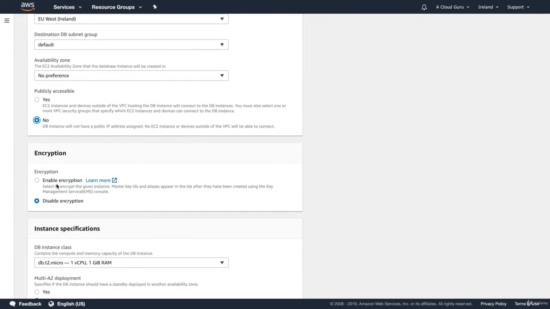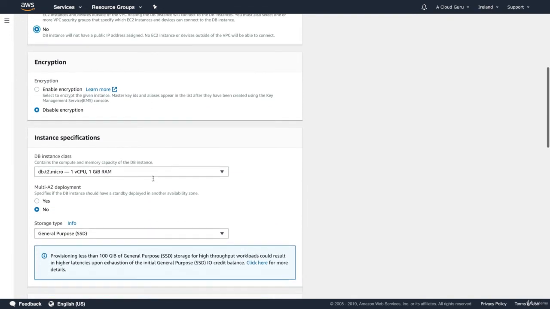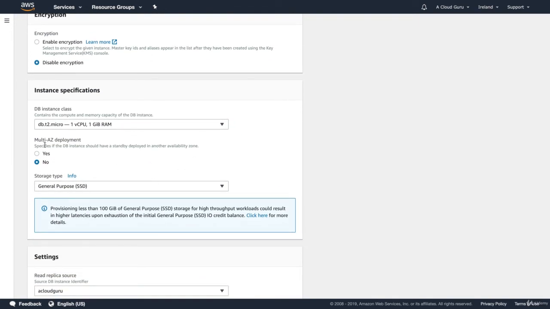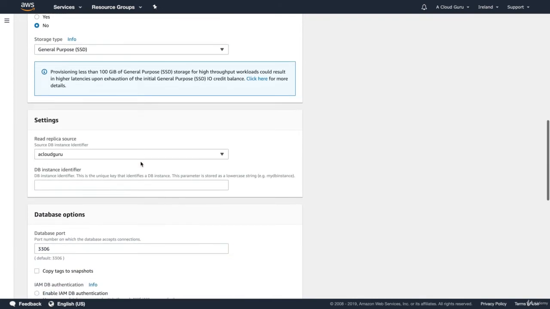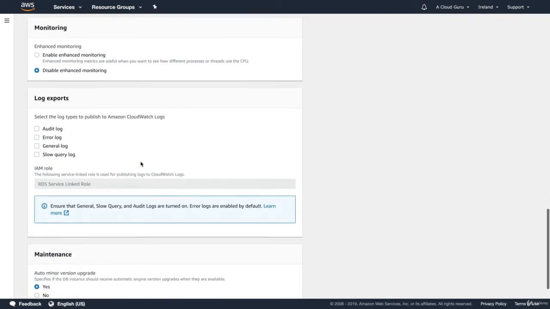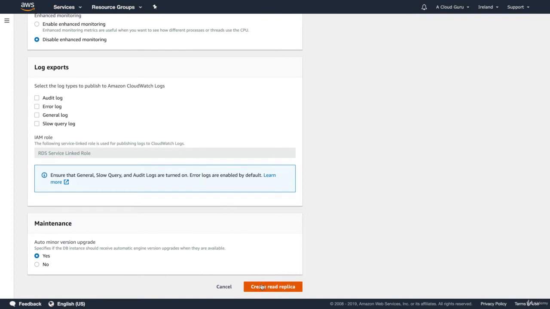Do you want your read replica to be encrypted? Do you want to enable encryption on it? I'm just going to leave it as a no. Do you want your read replica to have multi-AZ deployment? I don't really care about that. I'm just basically going to leave everything as the default options, and I'm going to go ahead and hit create